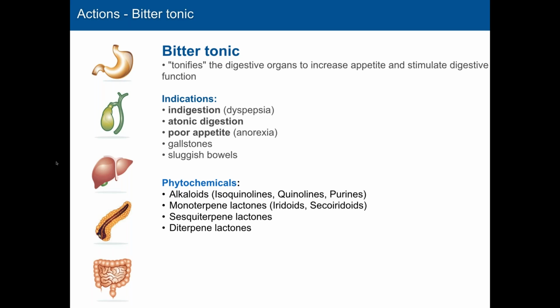Now, when it comes to phytochemicals, I would say that the primary types of compounds that are associated with this digestive bitter action are alkaloids and various lactone compounds. It doesn't mean that only those compounds have that effect, but those are some pretty big ones. So when it comes to alkaloids, appreciate that when you have a nitrogen-containing compound and you taste it, it will taste bitter. But some of those alkaloid compounds have a stronger effect on the nervous system that could override the natural